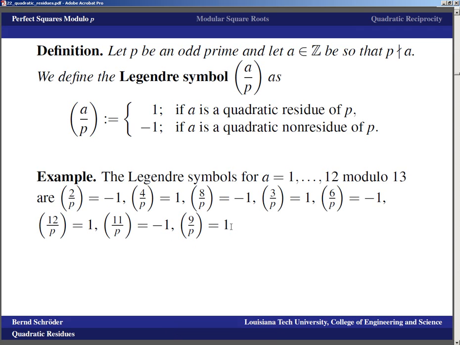512, and if we're looking at modulo 13, the next multiple of 13, 390, is 520, so it's negative 8, so it ought to be plus 5 modulo 13. And because the exponent is odd, it is a quadratic non-residue. 2 to the 10th is 1024, and 1024 ends up being 10 modulo 13, and that is a